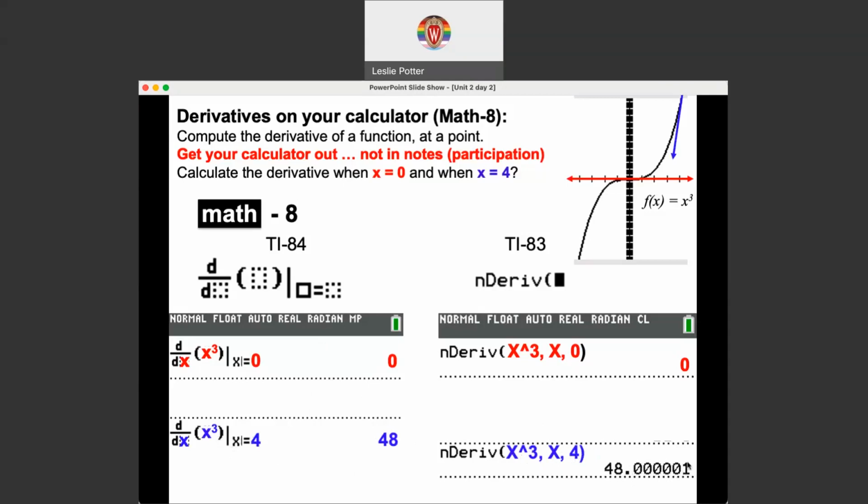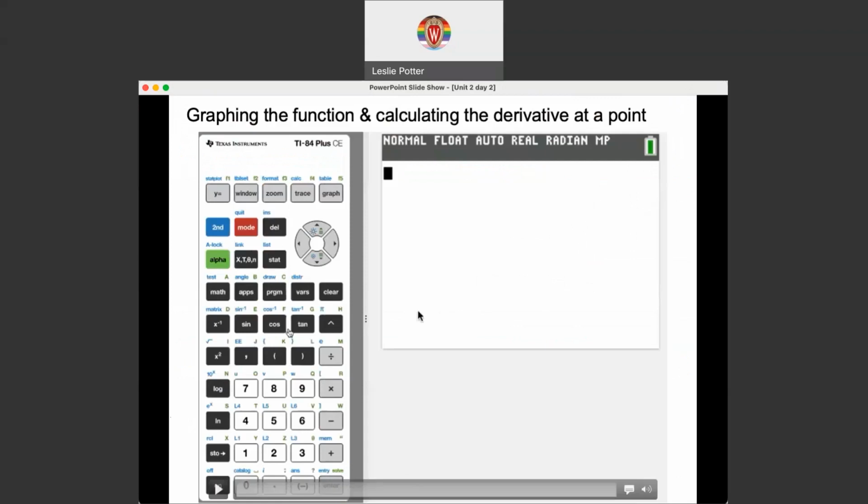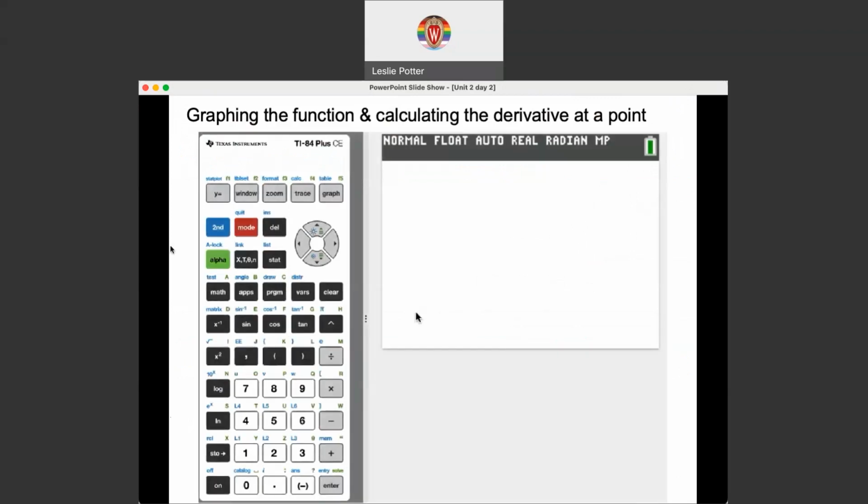So we can essentially ignore that and just call that 48. So when x equals 4, that point of tangency up there, it's almost off the screen. If we draw a tangent line through that point, that slope is going to be 48. So I say derivative, we're looking at slope, right? That's what we're thinking here. Okay, so let's take a look at then